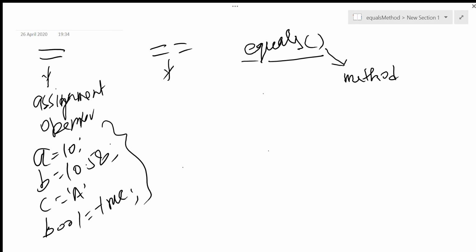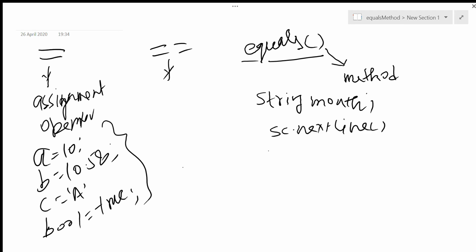So if there is a string month, and I input it, how do we input? We input it with, let's say, sc dot nextLine. So month is equal to sc dot nextLine. Whatever we input is going to be stored in month.